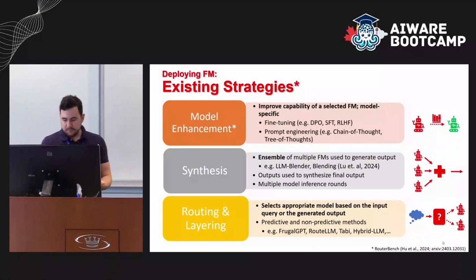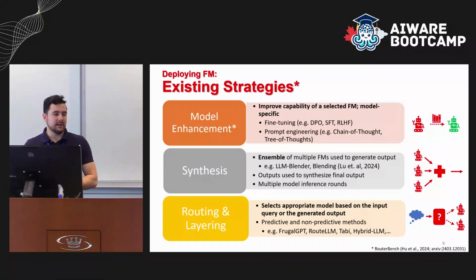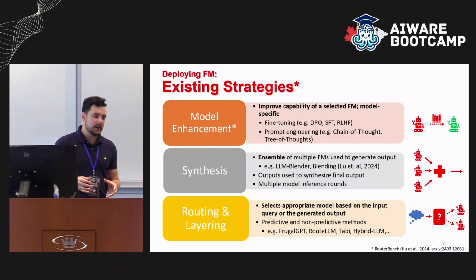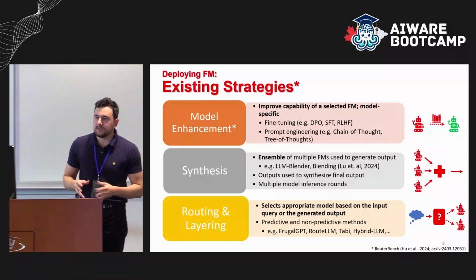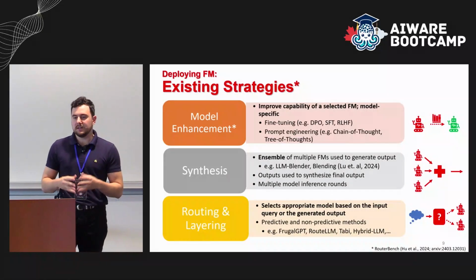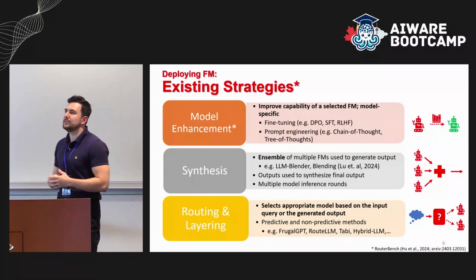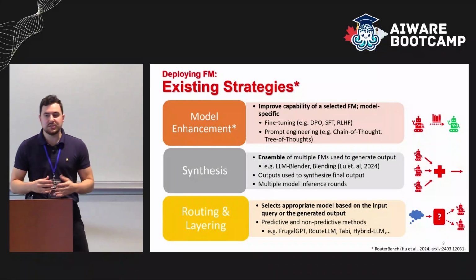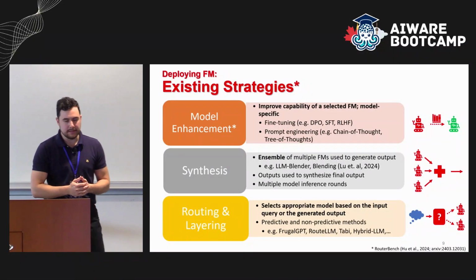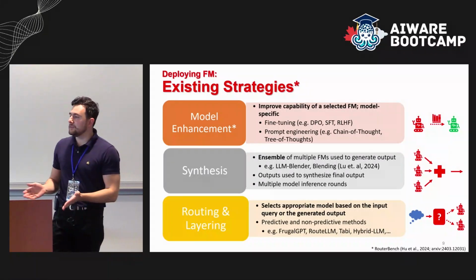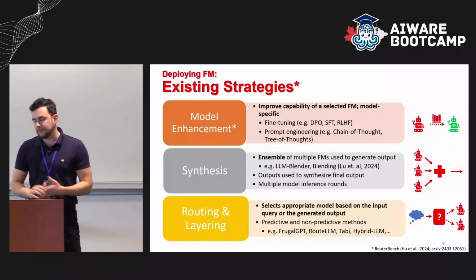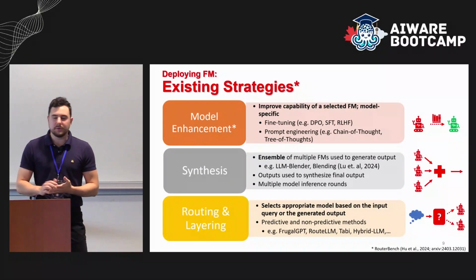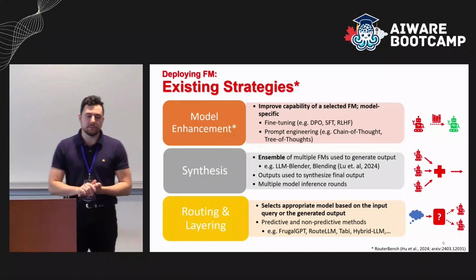There's a good paper that came out early this year, RouterBench, and they broke it down into three main categories. One is model synthesis. This is, I guess, the initial, first naive way to solve this problem, and that is just to improve the model that you're using. This can be done in many different ways: classical fine-tuning, preference learning, and some of the methods I'll mention later, such as GPO,